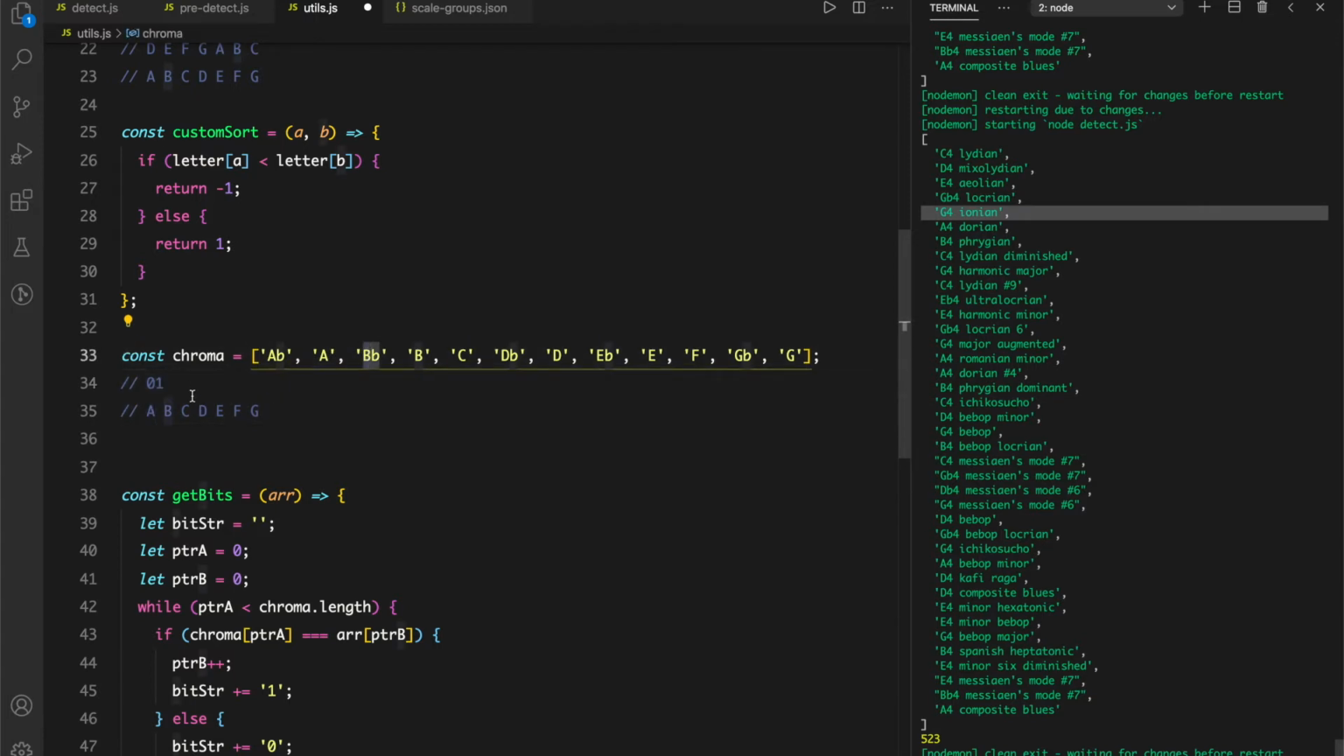Then B flat, there's no B flat here, so 0. Then B, there is a B over here, so 1. C, again 1. D flat doesn't exist, so 0. D exists, E flat doesn't exist, E exists, F exists, G flat doesn't exist, G exists. So once I iterate over the array for each of these items, I will be coming up with a binary